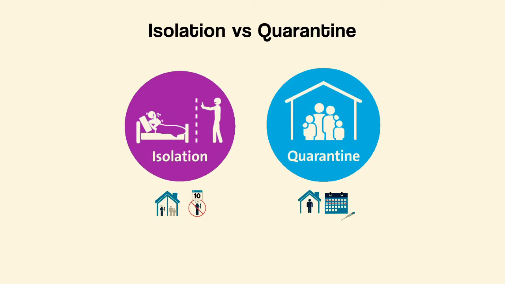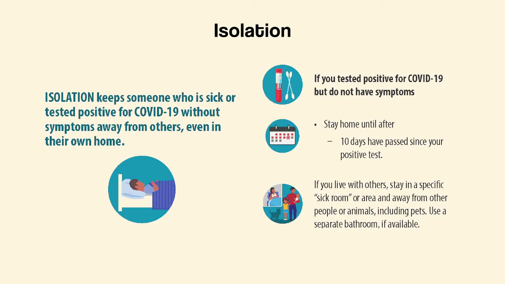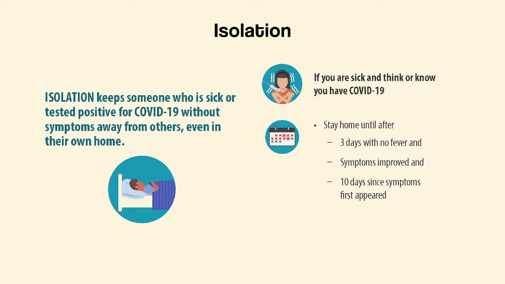So there are two words that sometimes get confused. One is isolation and one is quarantine. I'm sure you have heard both these terms before, but I'm going to explain to you what is the difference between them. Isolation means when we take a person who is infected with the disease, we know that this person has COVID, and we put them separately in a room and prevent them from going out and infecting other